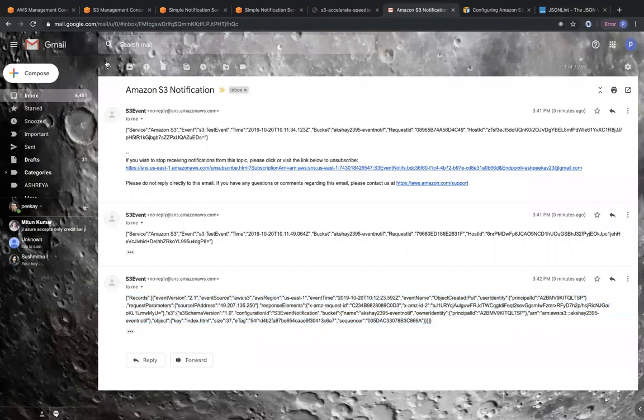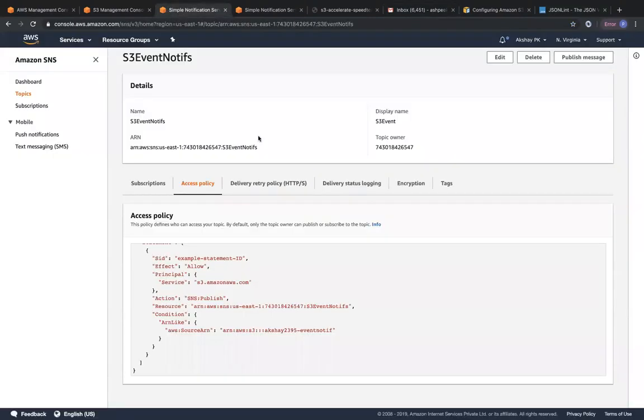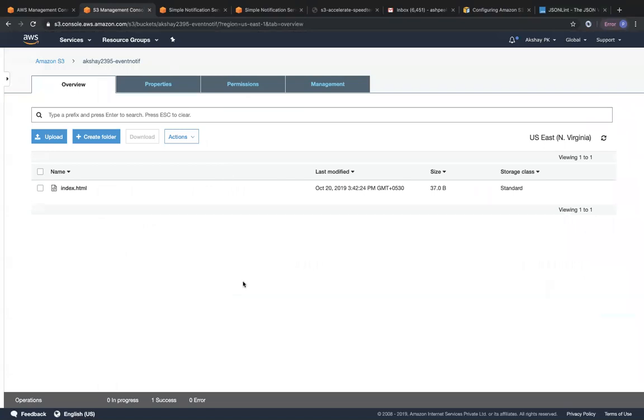So now you can understand that whenever a person in your organization goes ahead and deletes an object or so on, you will be able to receive a mail. So enabling event notifications is always a good practice on your bucket. So this is one scenario that I wanted to show. You can try out event notification with triggering a Lambda function or storing your message in an SQS queue and so on. But right now this is the simplest configuration when it comes to receiving an email using SNS.